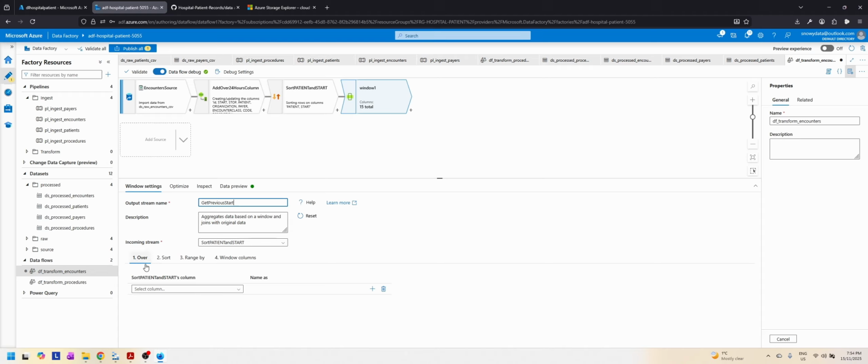So we're gonna sort over every patient because we want every patient's previous start. So let's call it patient. We're gonna name it as patient, sort by start column, and sort it ascending. Range would be unbounded because we want to look at the entire data set. And then the window column would be called, which we will create, previous start,